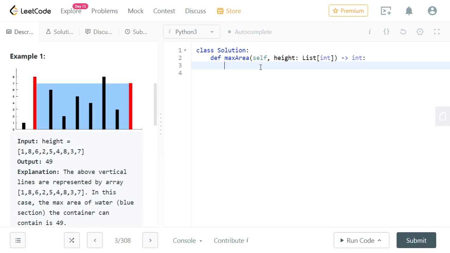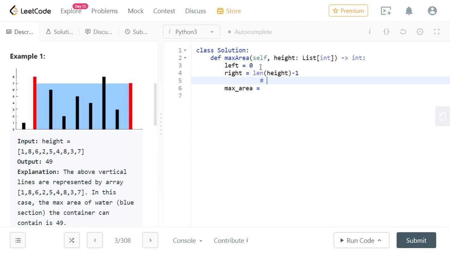So we need two pointers, as I said, two pillars we are checking. Left will be pointing to index 0, and right will be pointing to the last element of the list or array. It will be len of height minus 1, which is the last element, which is 8 here in this example. And we have a variable called maximum area, which is initially set to